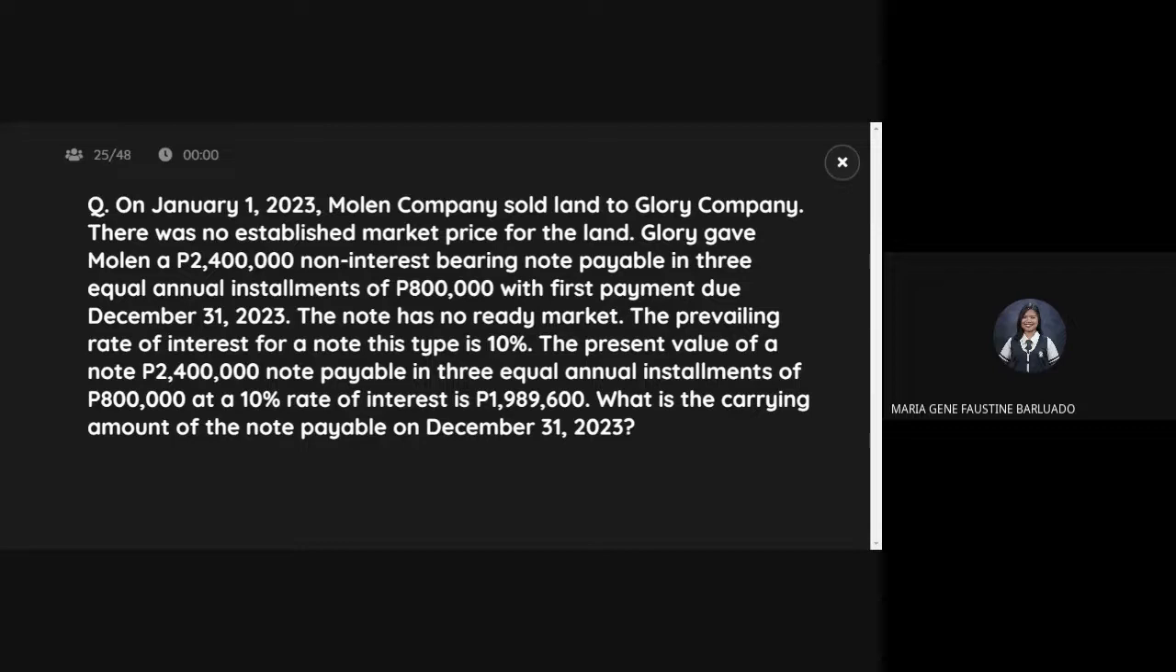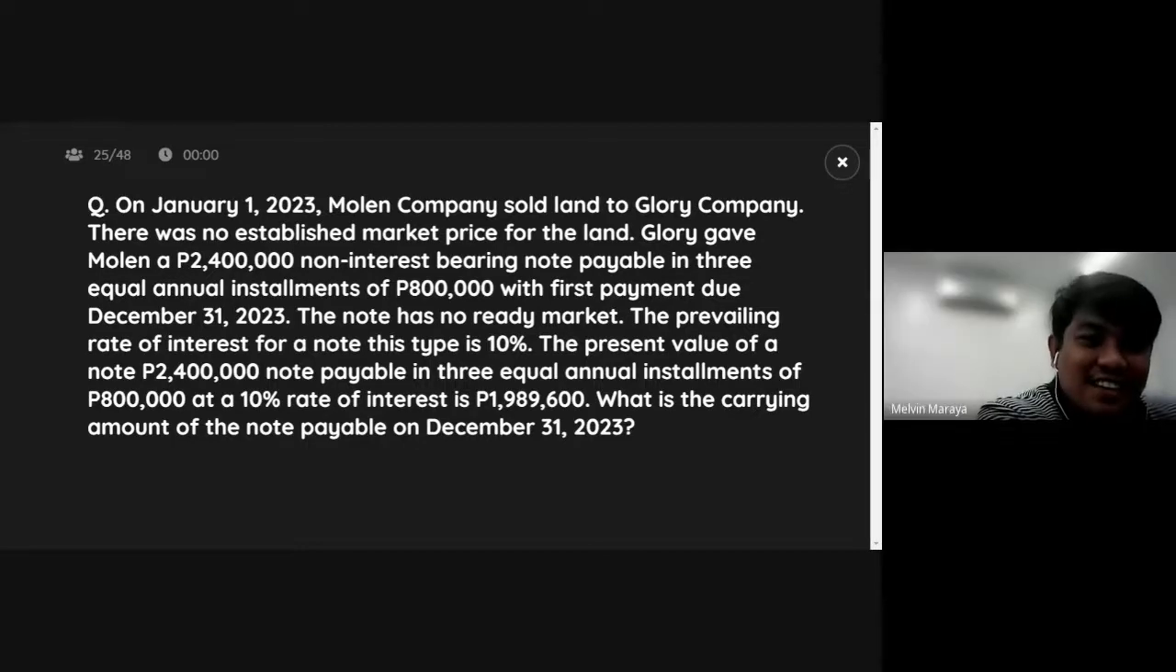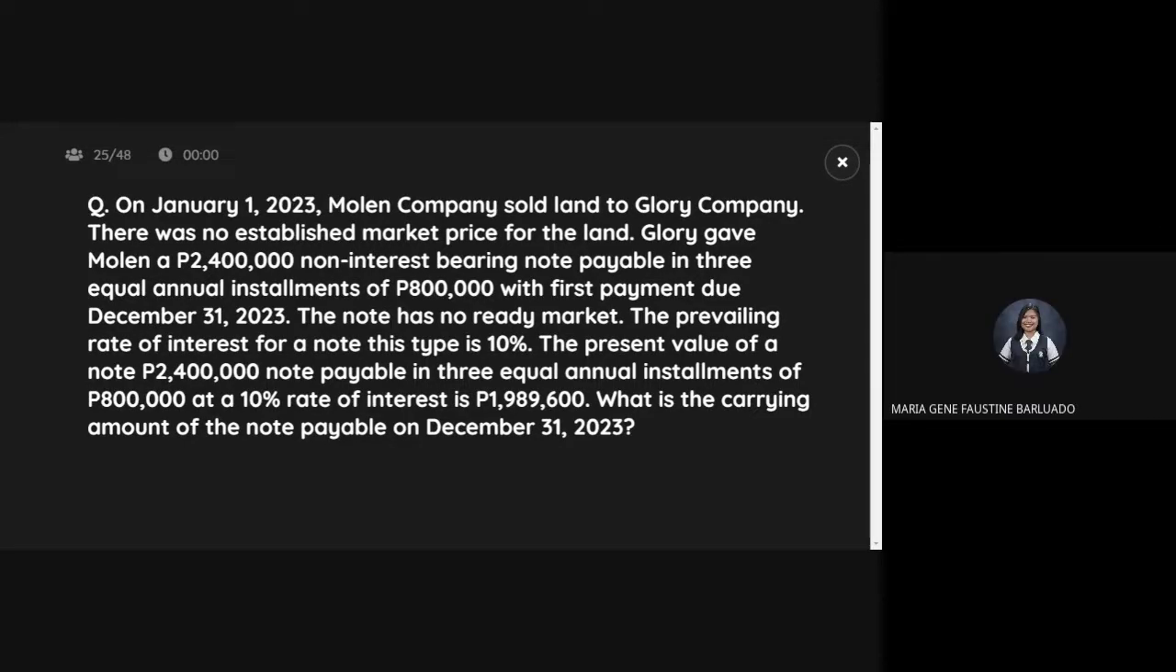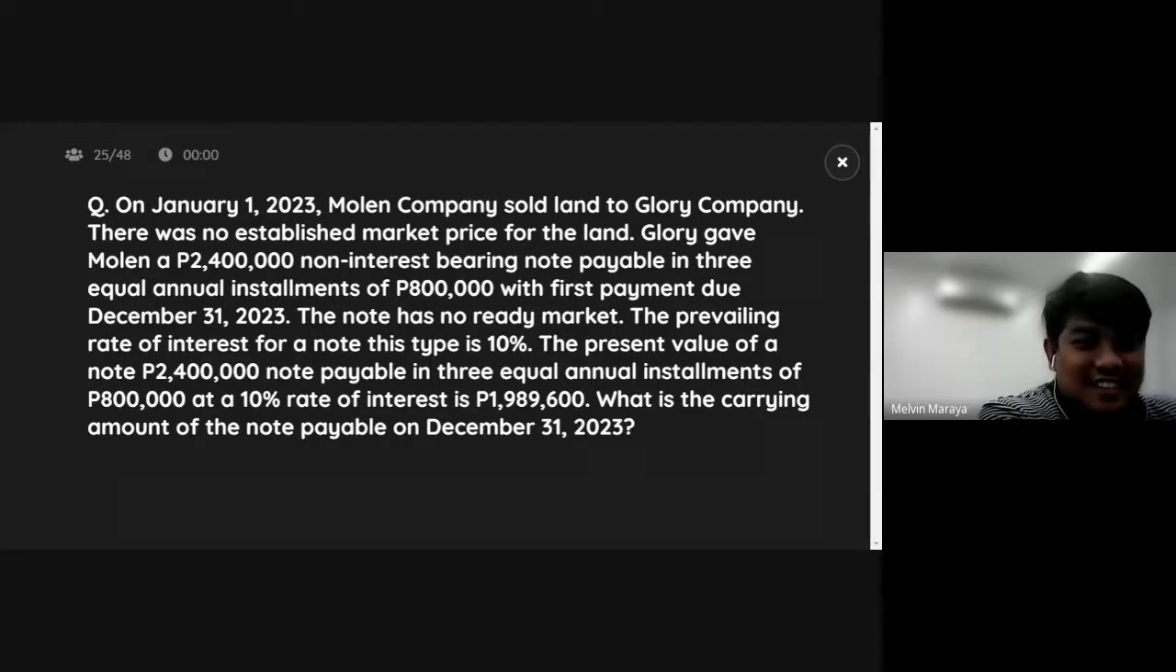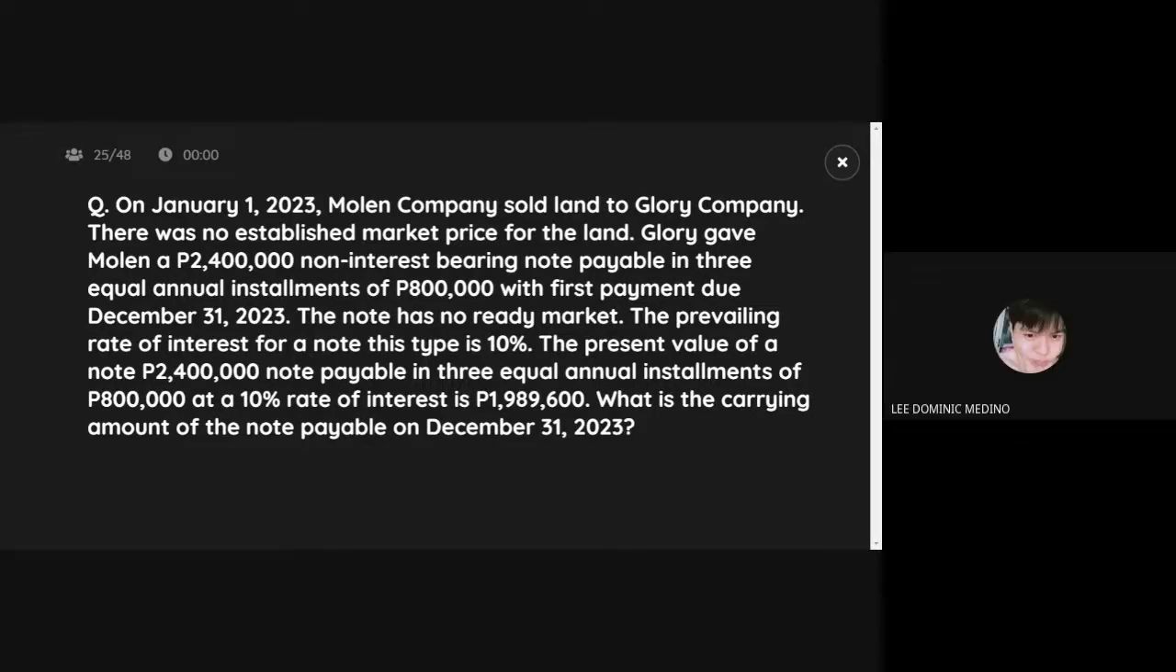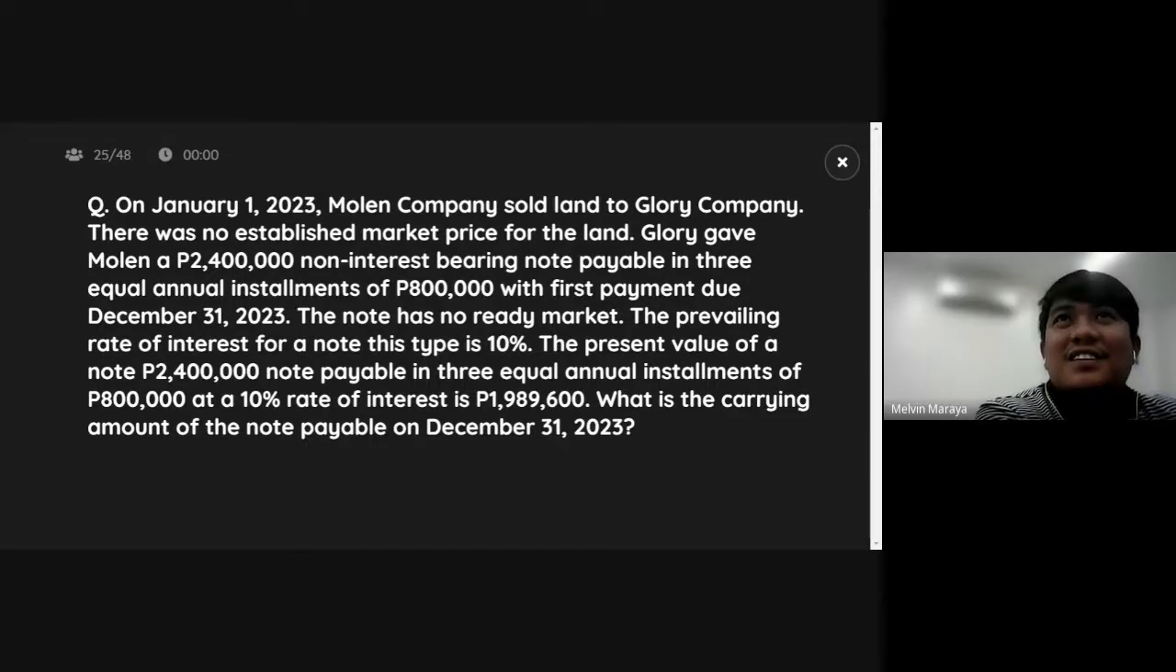Yes, sir. 800. So ibawas iyang 800 from 2,400,000. Magkano na lang yung note? The remaining 1,600,000. So that is the principal value remaining on the note. And then, magkano yung discount natin na na-compute as of after amortizing? 11,440. And that discount must be deducted to the